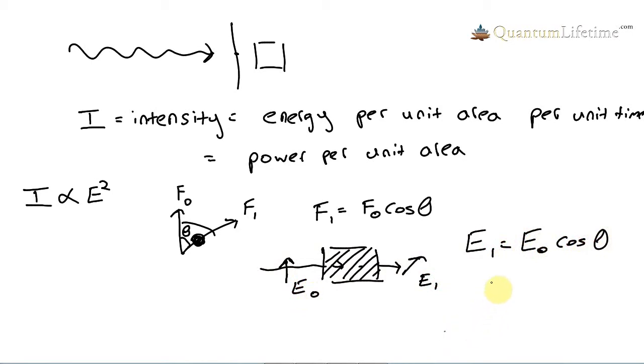And therefore the intensity, which is proportional to the square of the electric field strength, I, is going to equal the original intensity, I0, times cos squared theta,